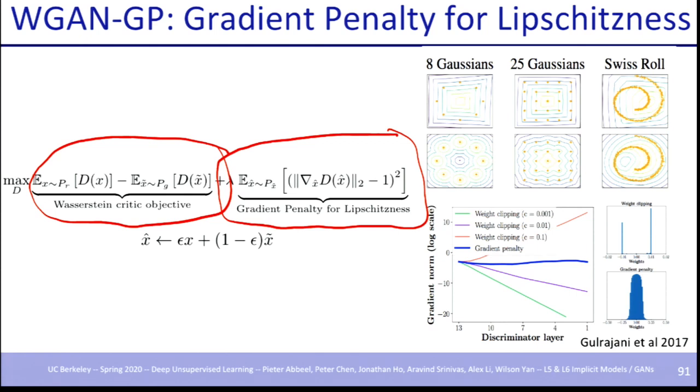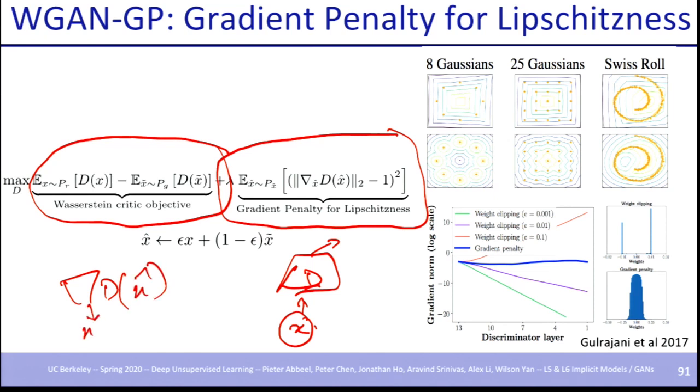So if it's all about the magnitude of the gradients, then you have a discriminator, you feed in a particular input, and it gives an output. You can take the gradient with respect to the input of your discriminator. This particular term is grad D of x hat with respect to x hat. So it's going to be the same dimension as your image dimension. It's a pretty large tensor.